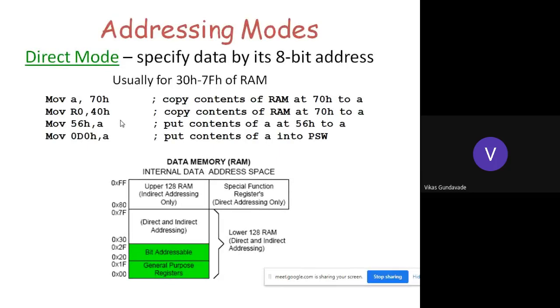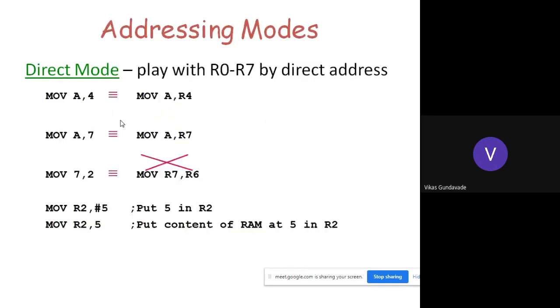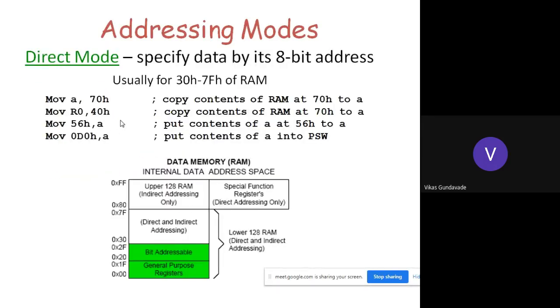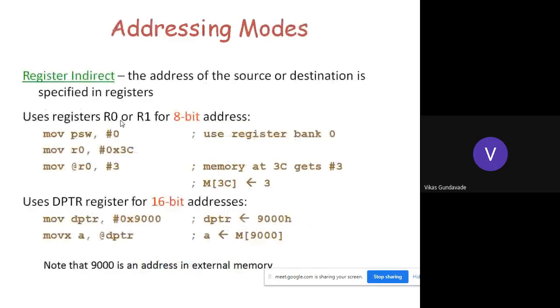We have seen immediate addressing mode, where the new value or immediate value is provided. Then register addressing mode, where using registers the data is transferred either from register to register or from register to memory or vice versa. And the third one is direct addressing mode, where the direct memory address location is provided and the data transfer takes place from that memory location into the register or from register to the memory location. Okay. Then the next one is register indirect.